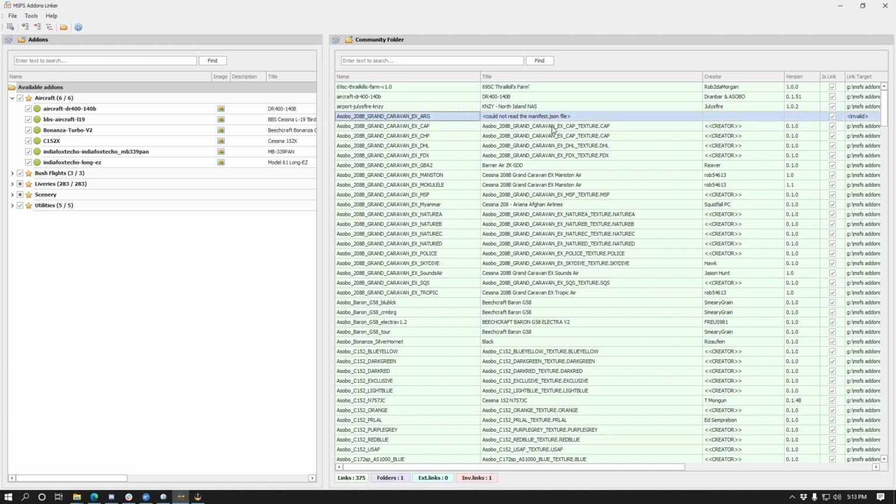The symbolic link is still there in my community folder, but the add-ons linker knows that it's not really there. It's not in my add-ons anymore. So it's telling us, hey, this isn't going to work. It's not going to point to any actual files. You can right-click that individual one and say delete selected invalid links, or you can right-click and say delete all invalid links. I'm not going to do that because I'm actually going to add it back,